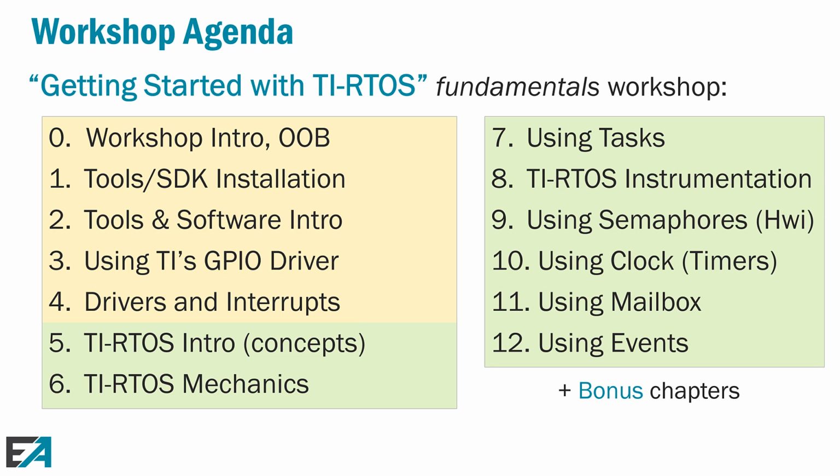Okay, so Chapter 5 is really conceptually what is an RTOS. So if you go from a traditional embedded system topology where you have a while loop in main and you've got hardware interrupts interrupting that while loop, you've got basically two levels of priorities. What are the common problems with that? What are the limitations of using a system like that? And how do we